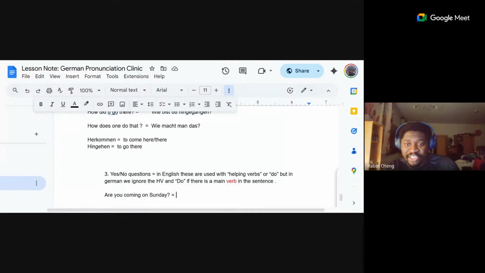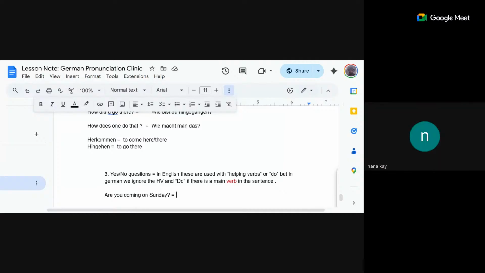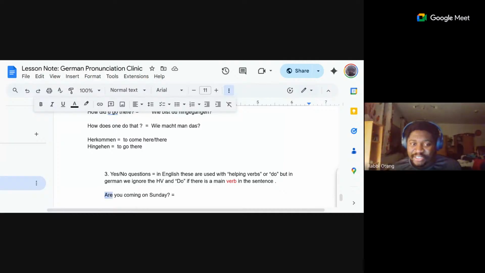The rule states that we do away with the helping verb. In this sentence we have a helping verb, and we have coming as the main verb. In German, we just stick to the main verb, coming. So our rule says that